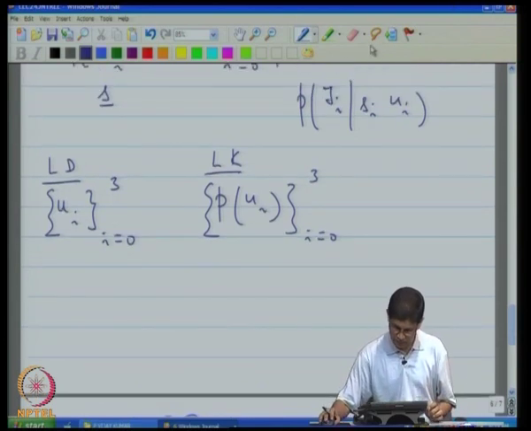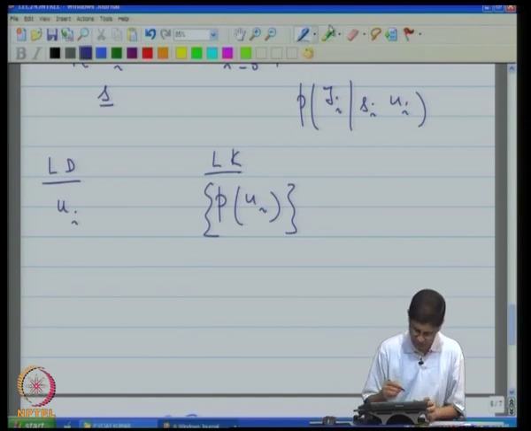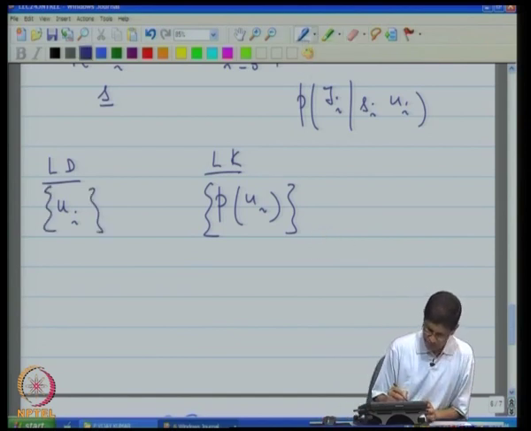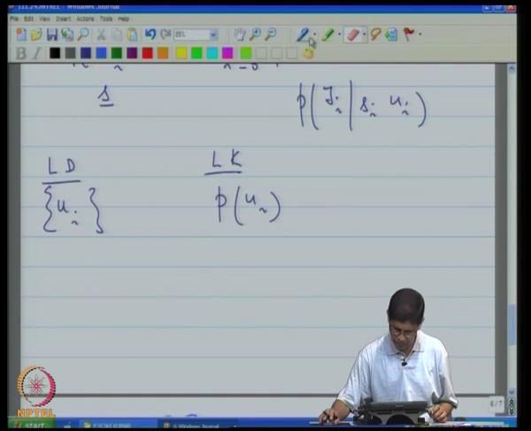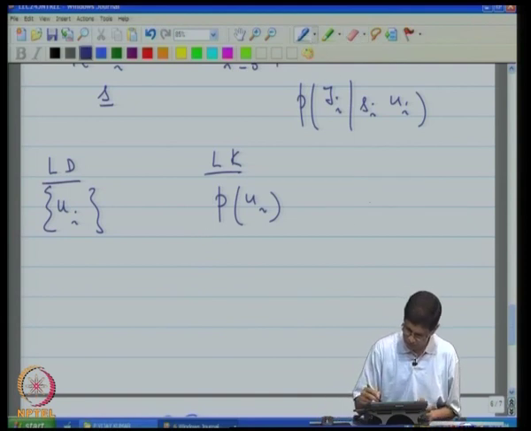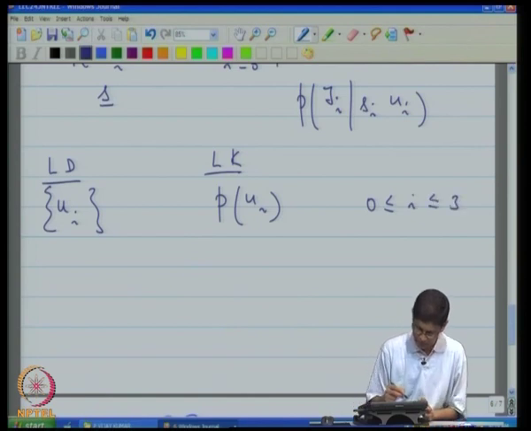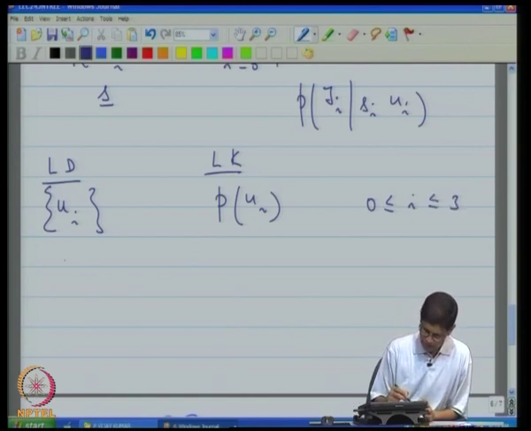Perhaps to decrease the chance of confusion, let me write this not as a set, because each ui is individually a local domain. So, perhaps let me modify this slightly. So, this is ui associated with local kernel p of ui, and this is for i ranging between 0 and 3,